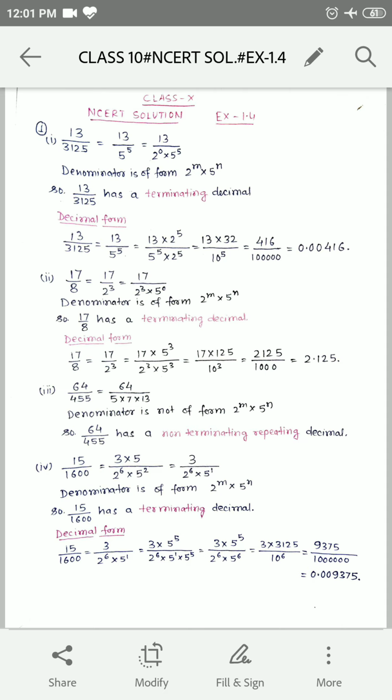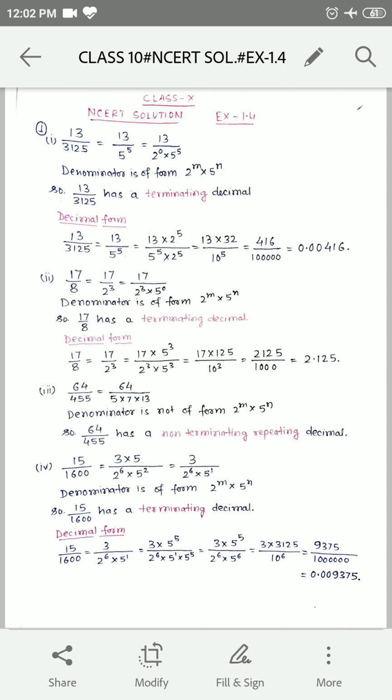So we do prime factorization of 3125. We write it 13 upon 5 to the power 5. It is written as 13 upon 2 power 0 multiply 5 power 5. So the denominator here is in the form 2 power m multiply 5 power n. So 13 upon 3125 has a terminating decimal, and the decimal expansion will be, see, in question number 2 it